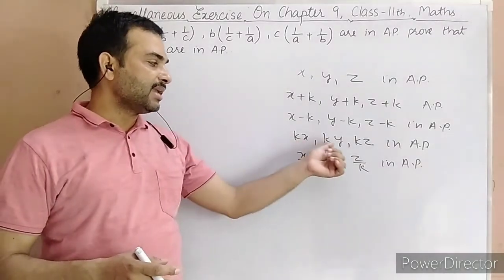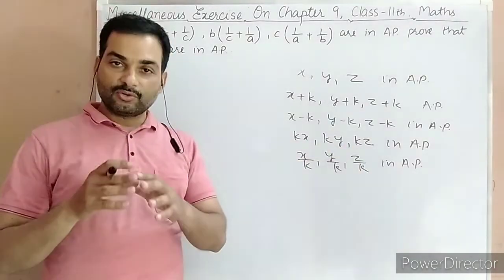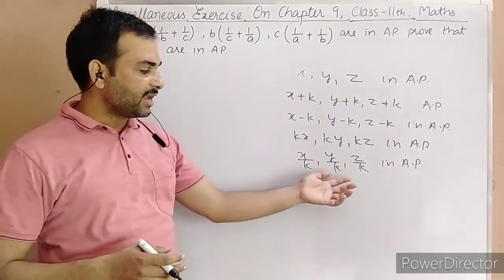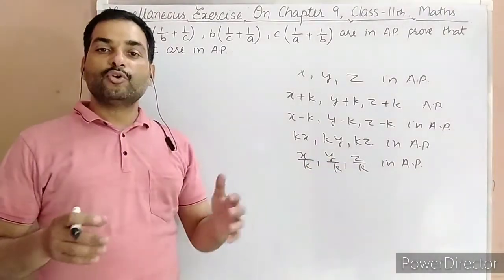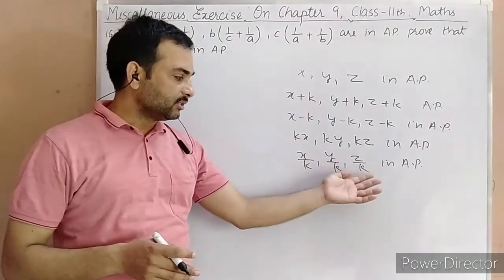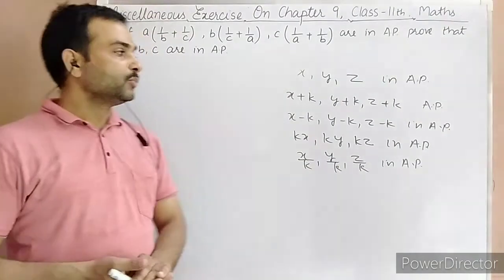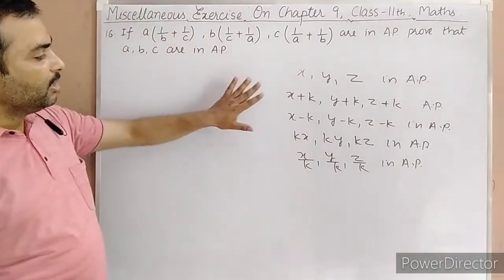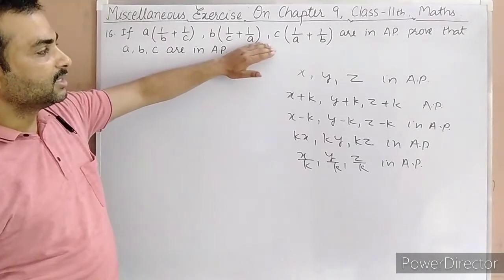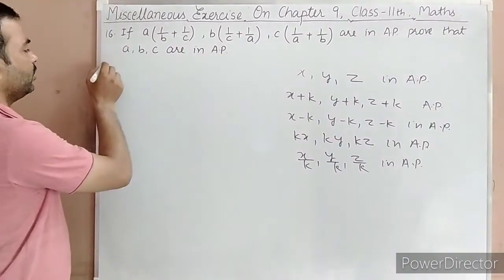I can multiply each term by a constant, and it again forms an AP. I can divide by any non-zero constant, and the new sequence again forms an AP. So I can use the first property to solve this question. So its solution,